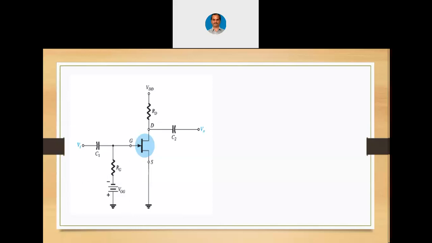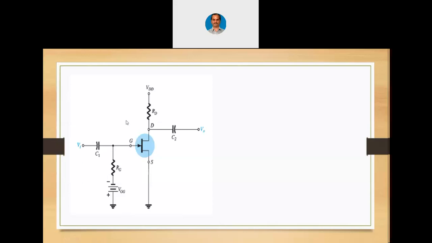Now, we want JFET to work as an amplifier. If we want to make the JFET work as an amplifier, we have to keep it in the half on region. That means we have to keep this JFET in the saturation region now. That is where we have to apply a negative gate voltage to the gate so that the transistor will gradually turn off. Otherwise, it is normally always fully on. That is the purpose of applying this negative gate voltage.